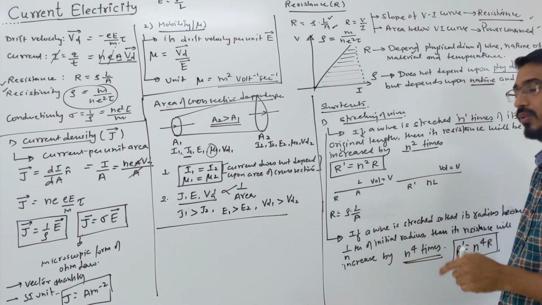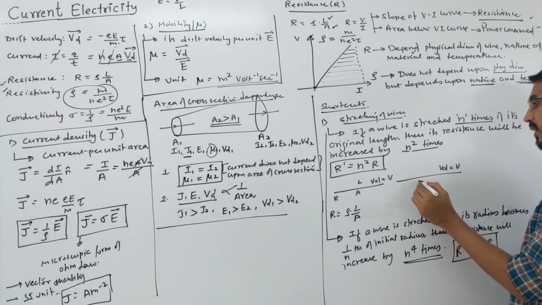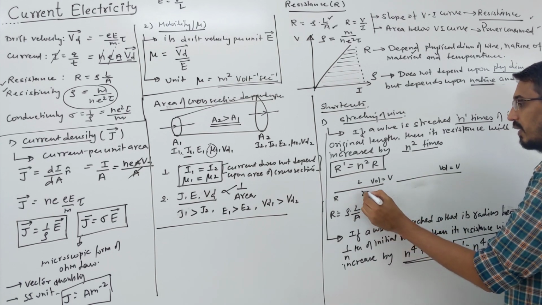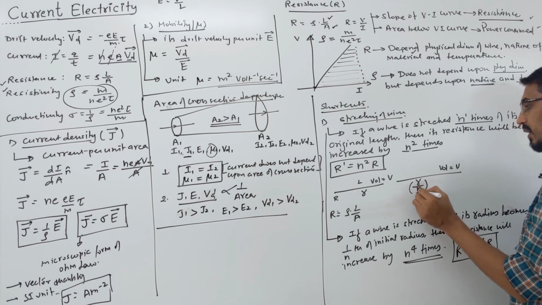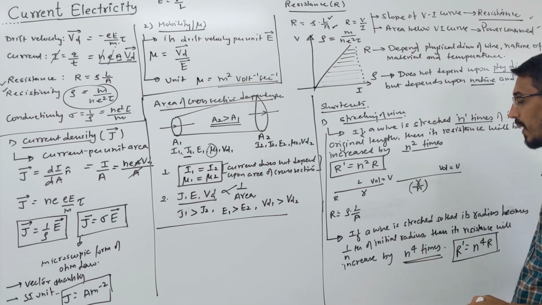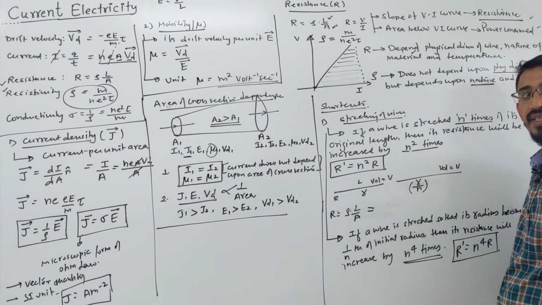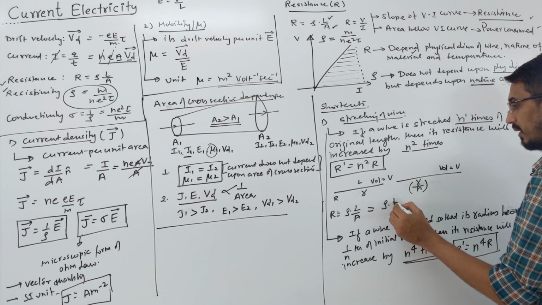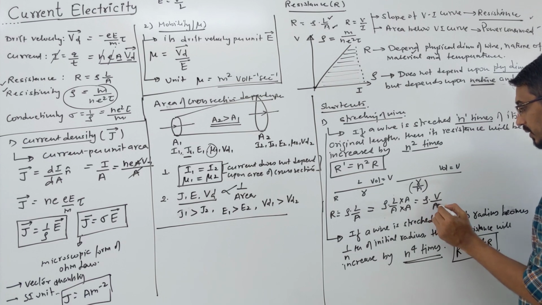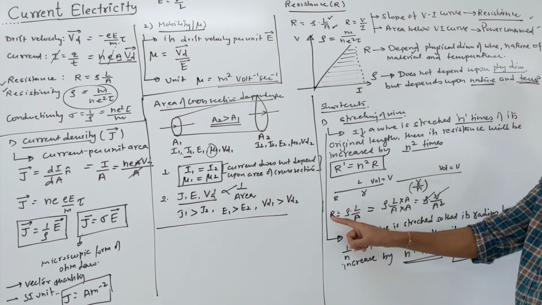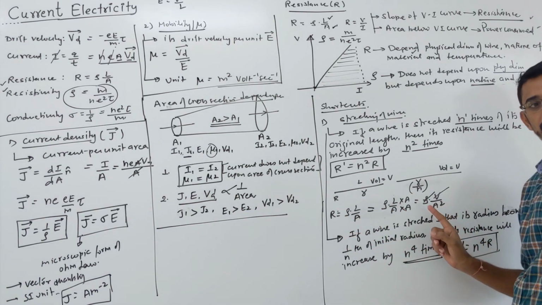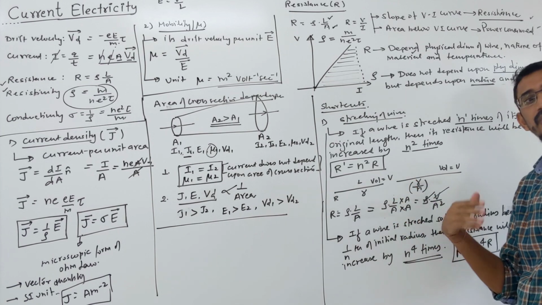Again, you're stretching. This time you know the radius. The new radius is r by n, supposing the initial radius you call small r. Length we don't know, but we know again that volume will not change when you stretch or compress a wire. So what we don't know is length. Let's remove length: multiply and divide by area. You get rho volume by area square. Volume constant, rho constant. So you see resistance and area are inversely square proportional, meaning